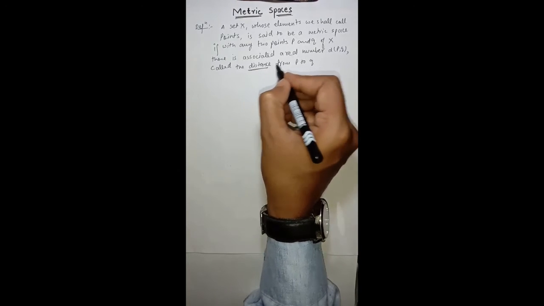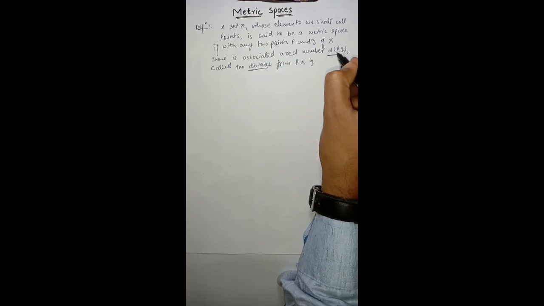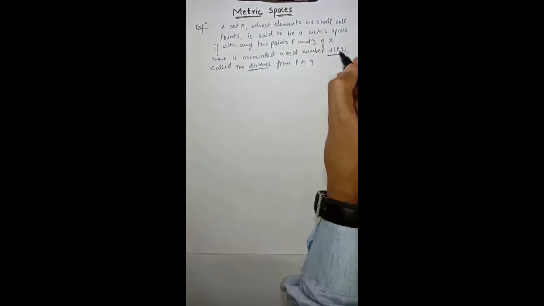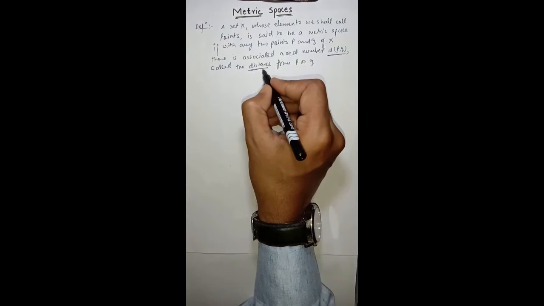This is a function denoted by d(P, Q). Distance means the distance between P and Q. This is also called the metric,